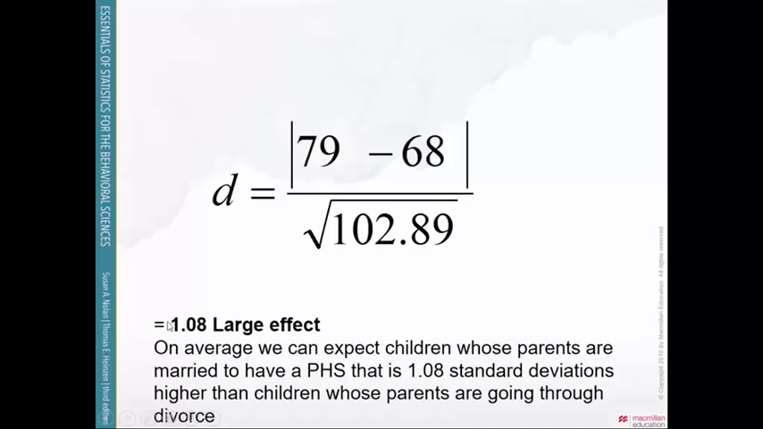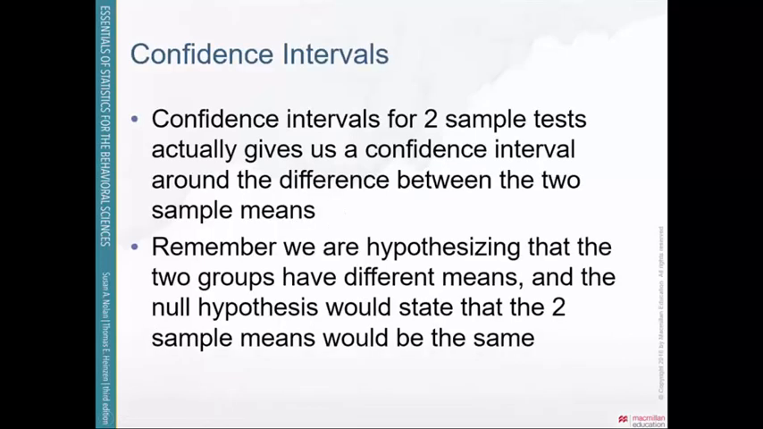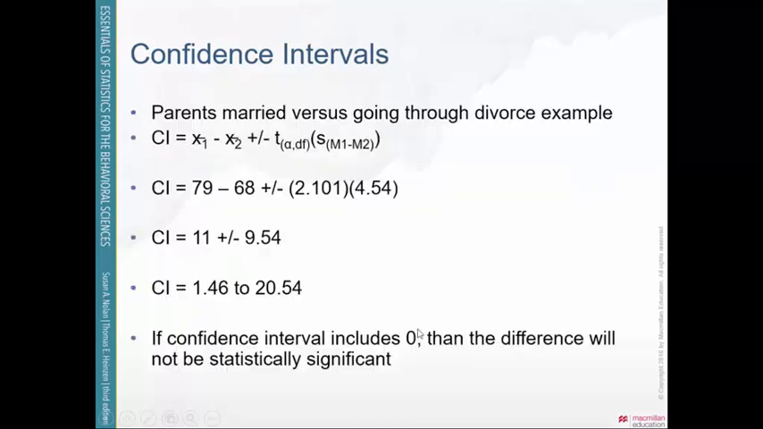And in this case, you're expecting a little bit more than a standard deviation change in physical health score between these groups. So that gives you a little more information. Last is confidence intervals. Confidence intervals for a two-sample test tell us it's really a confidence interval around the difference between your sample means. So in the parents married versus going through divorce example, here's our formula: